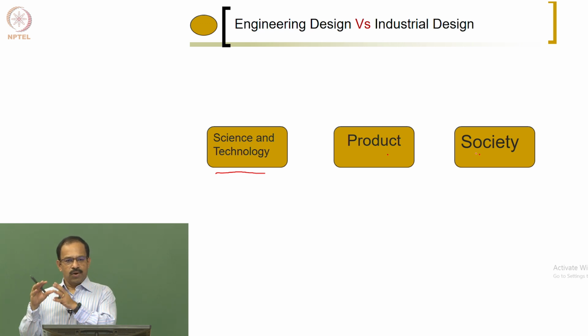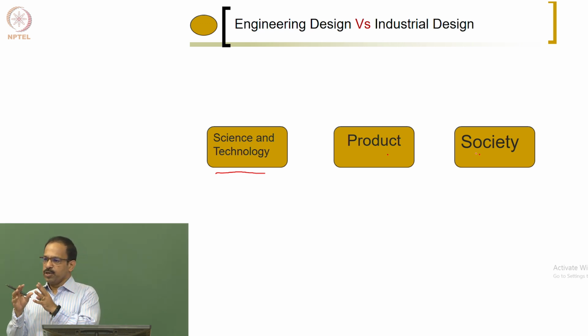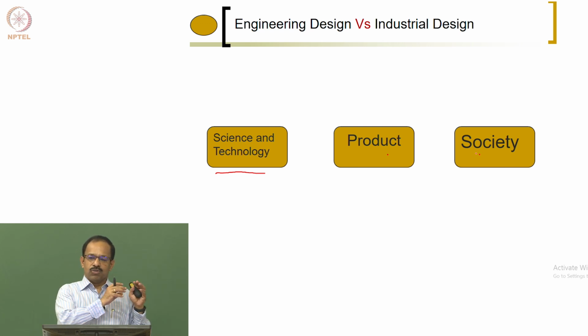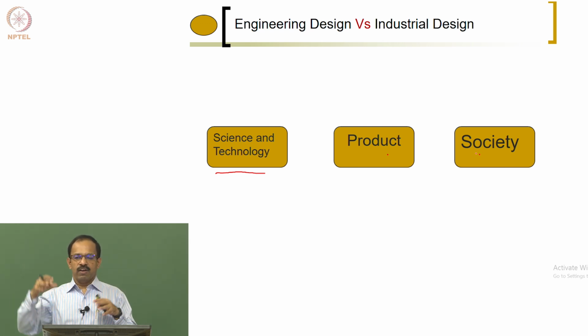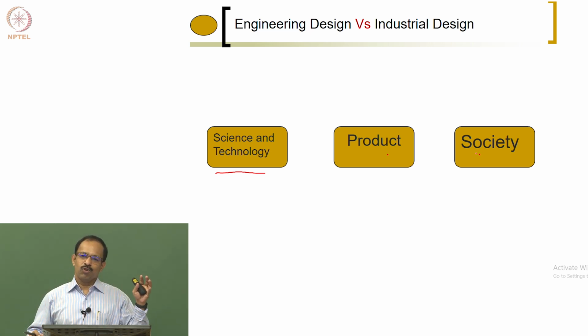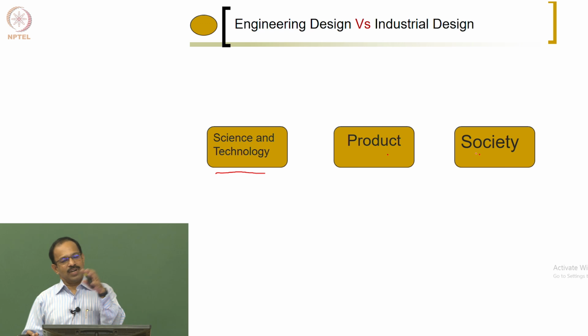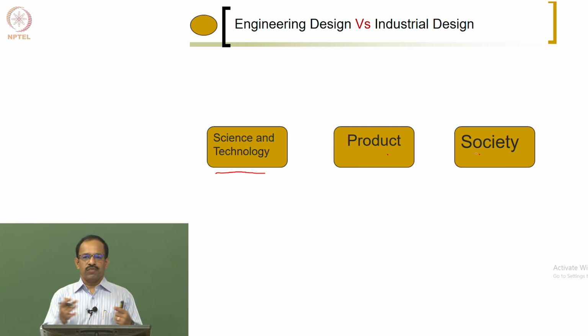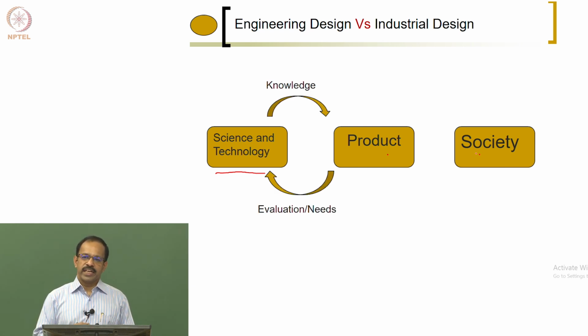You have the society or the people or the customer who will be using the product, and there will be somebody who will be designing the product, and then somebody who will be developing the technology. So these three work together to develop new products. That's why we are getting better and better products. That's why you get iPad and iPhone and many things, because there is someone who developed technology, and there is someone who can convert that technology to product, and there is someone who makes sure that this product is accepted by the society. So the interlinked activities of these three actually leads to creative design.